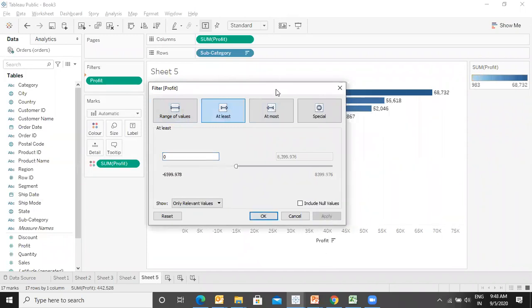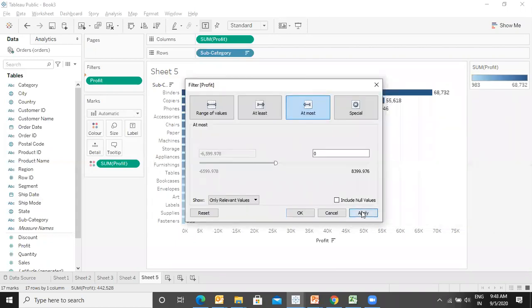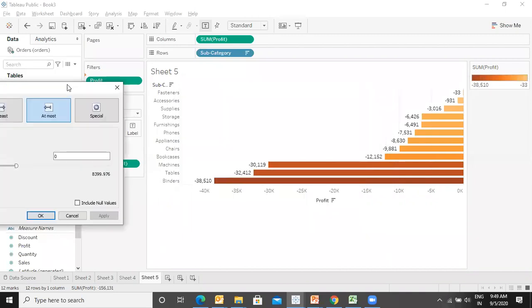These are the ones in which I get at least 0 profit. That means no loss at least. At most, say at most 0, apply. So these are the ones in which I have seen some losses. So in the fasteners, I have a loss of 33. In the tables, this is a great loss. So binders, I have generated losses and all.